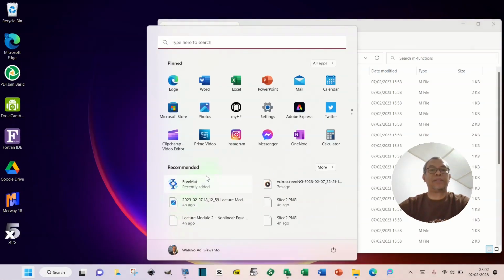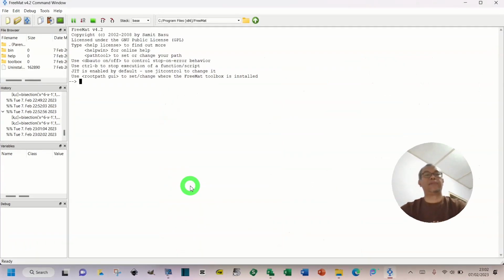Then we can try to run one of the functions. For example, we are going to run the bisection function. Just type the command bisection, that is the name of the function. Then type the function